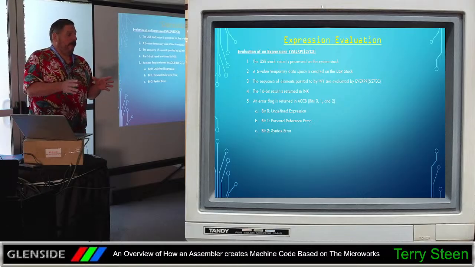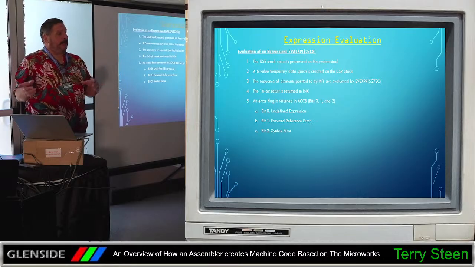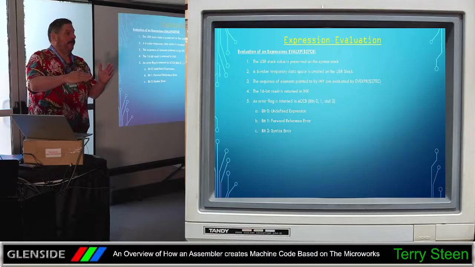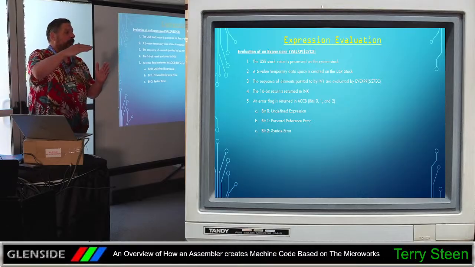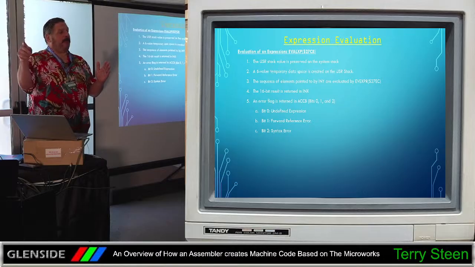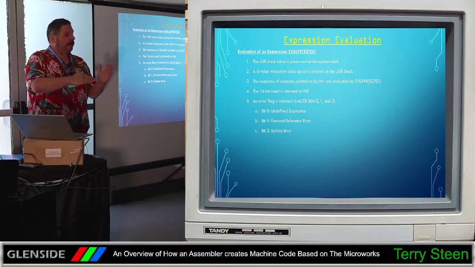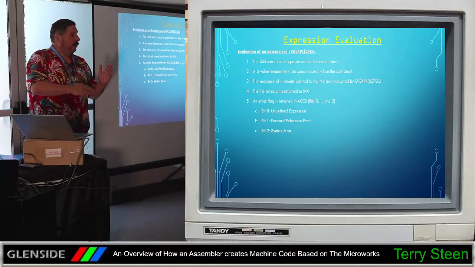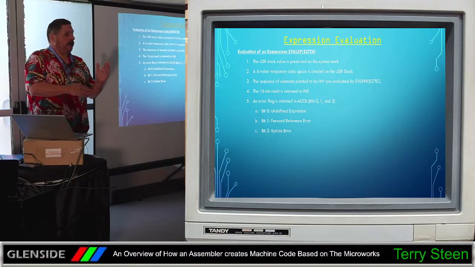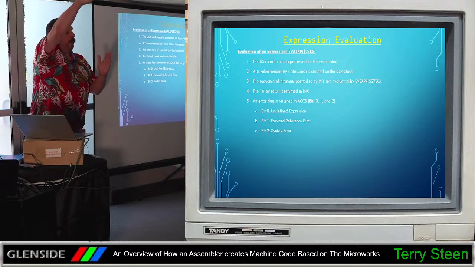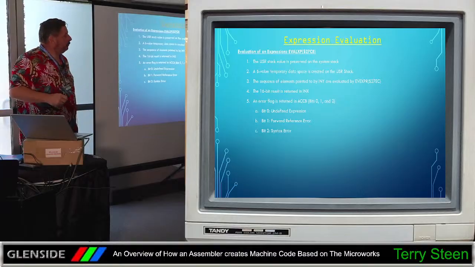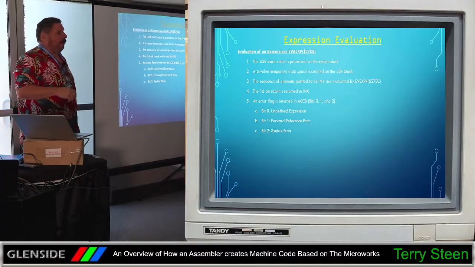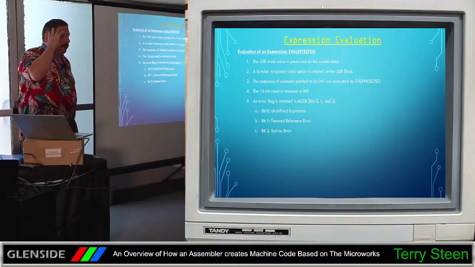So if I'm doing an evaluation, and I get done, and I see that plus, and I know I've got to add another one, I'm going to go do it again. So you'll have another 6 bytes reserved on the user stack. And this can go on as long as you keep adding pluses and minuses. It's going to keep adding user stacks so that it can keep processing those. And then, kind of like a house of cards, when you get to the end and you add them all up, it's just going to pull them right off of the stack and stick them together. I don't have a graphic for that, so if you can't see it in your mind,